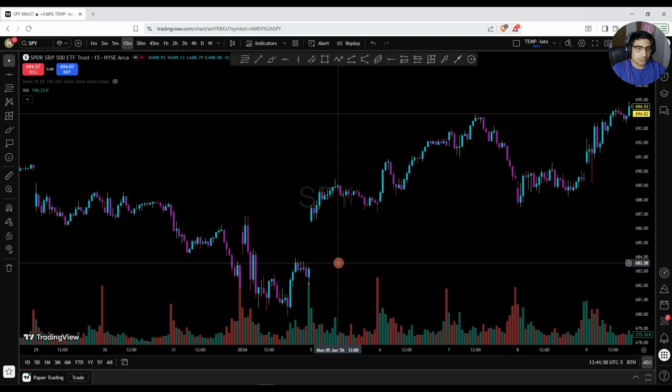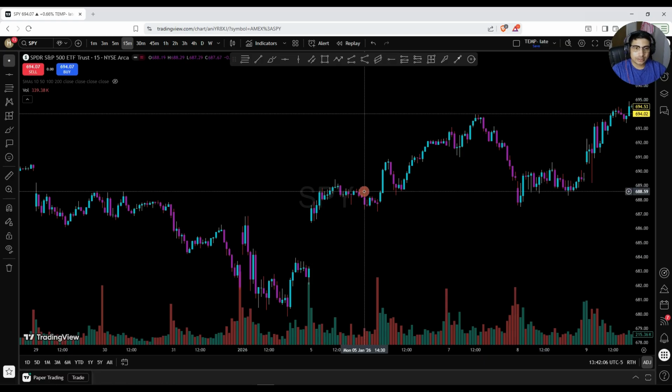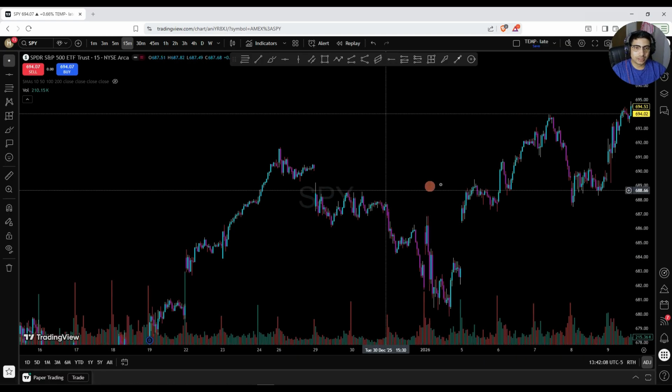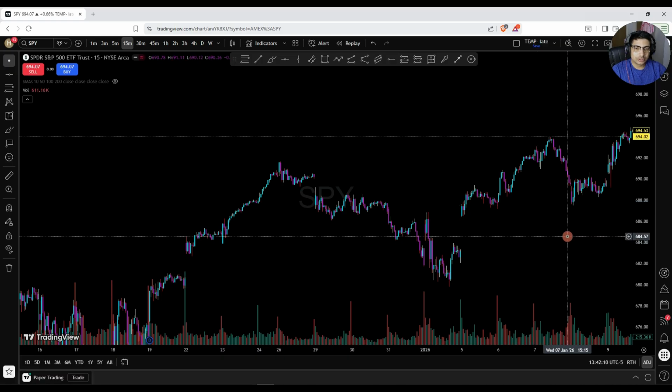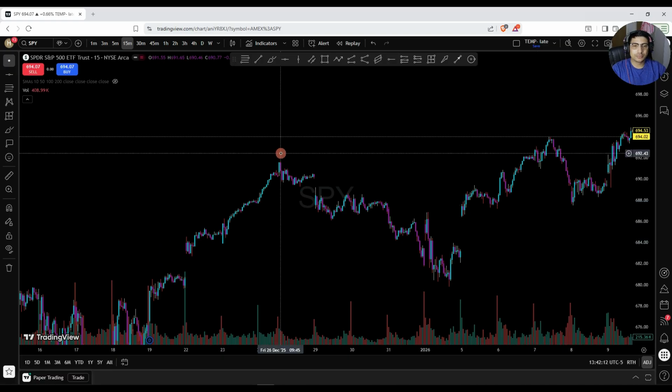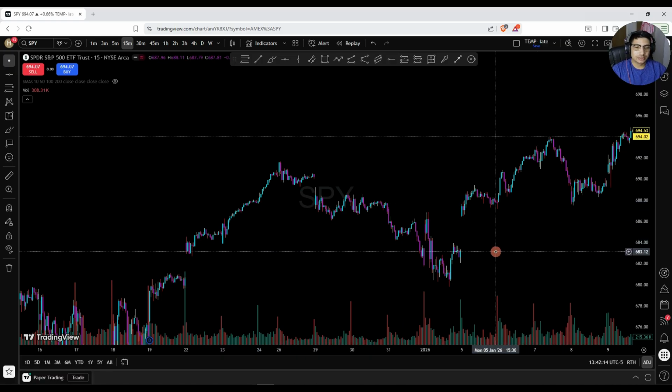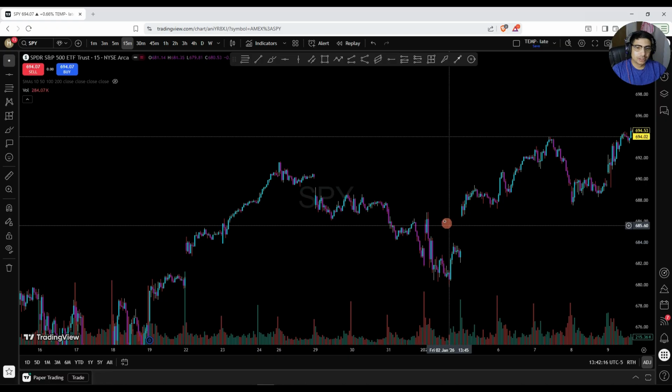So to conclude, breakouts don't fail because the strategy is bad. They fail because most traders always trade with emotions, or they take it in the wrong way so that they feel like it's going to go opposite of what they are thinking. So always trade with confirmation. Always double check with the retest and confirmation on your breakouts. Don't just assume and take a trade, and that way you can succeed in trading in an easy way.